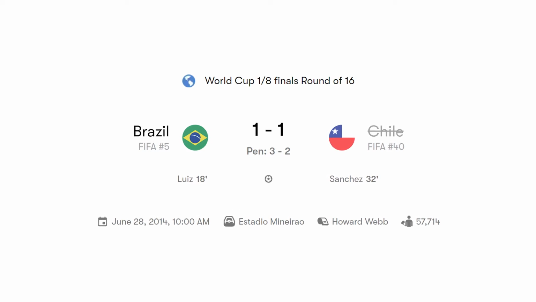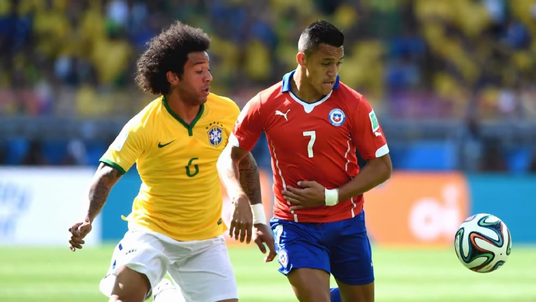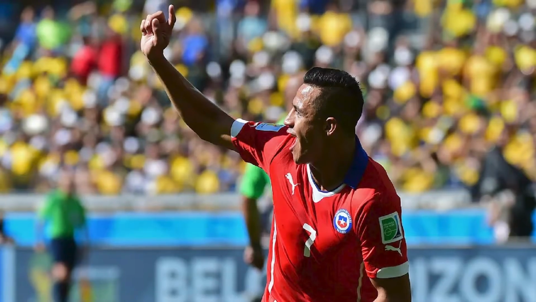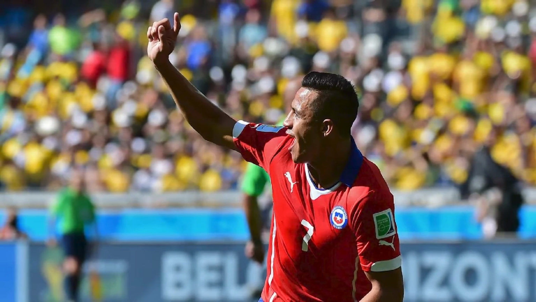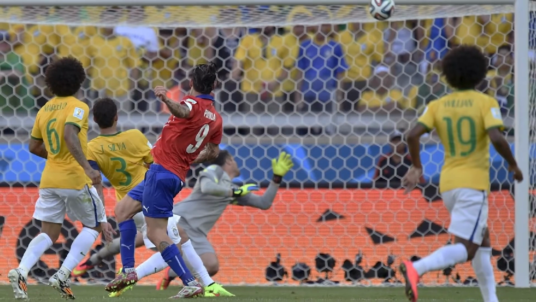Brazil 1, Chile 1. Brazil wins 3-2 on penalties. A crazy game that saw Chile push Brazil to the limit was the best way to start the round of 16. David Luiz scored the opener for Brazil in the 18th minute from a corner kick, but Sanchez would equalize 14 minutes later after a miscue on defense from the home side. Hulk would score in the second half, but had his goal disallowed,